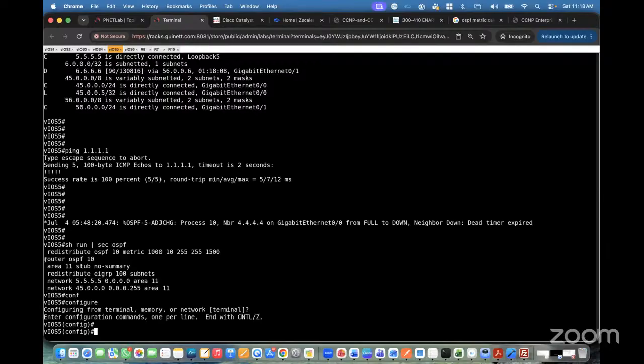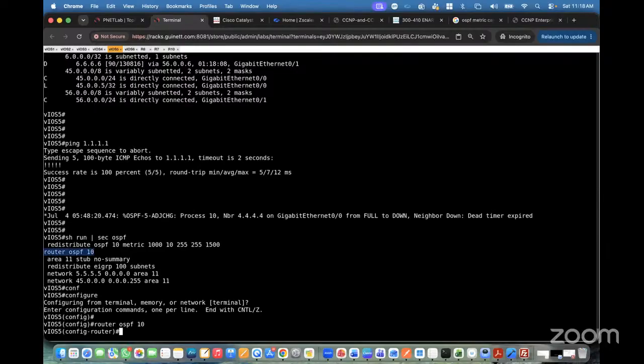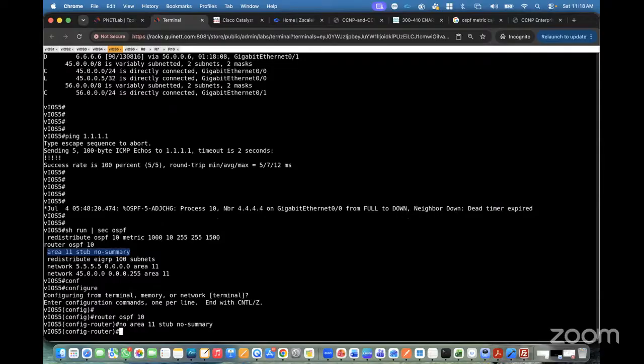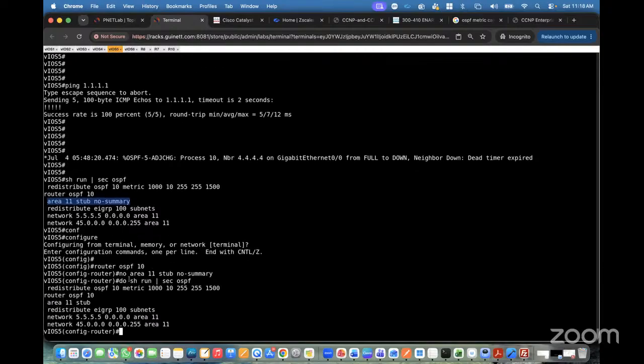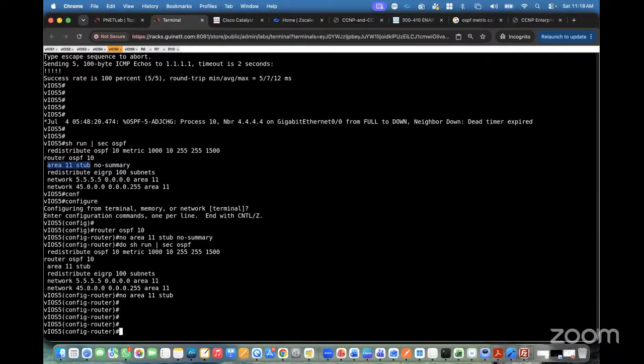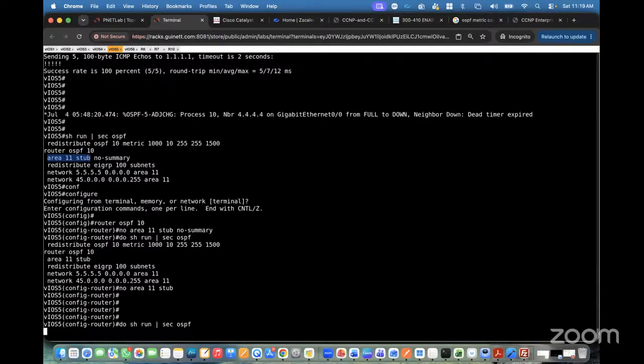Configuration terminal, I'll go from here. It's very important. See how I am removing. If I'm running this, no, it's not removing all the commands. Okay, I need to again remove this command by using the... Okay. Show run section OSPF. If we run that,